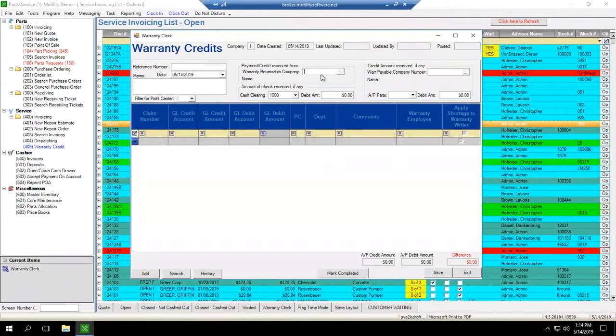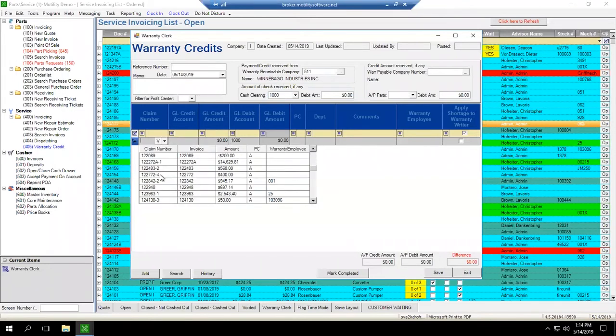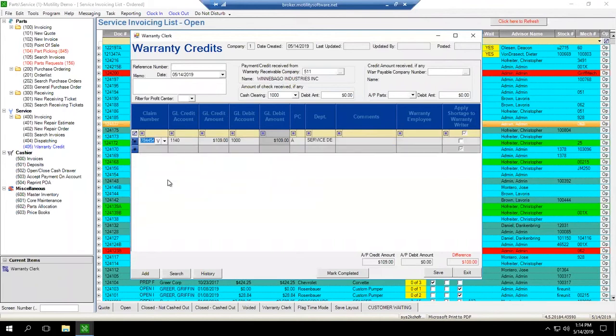And the process basically continues. So I put in the warranty company up here, make sure my cash clearing is accurate. Now I'm going to run through another scenario. Say, for example, we hit the drop-down list, you can see that my claim for $109 has actually fallen off. There's a second claim for $109 here that I'm going to use. So if I pick that claim number,